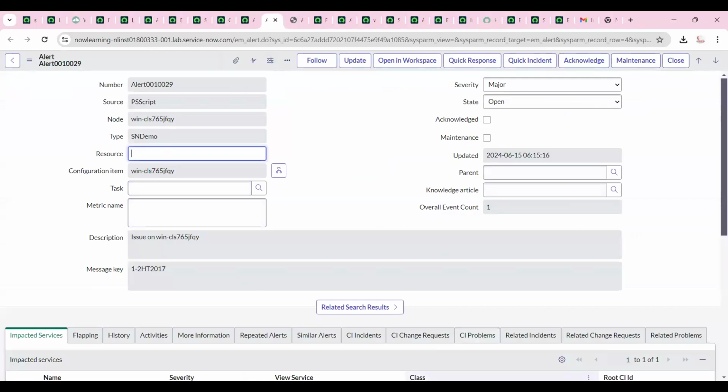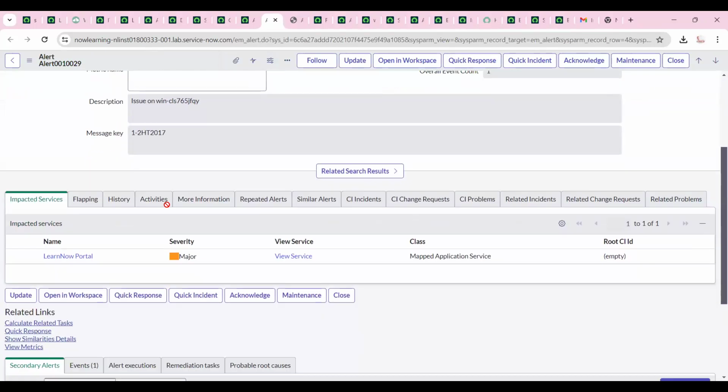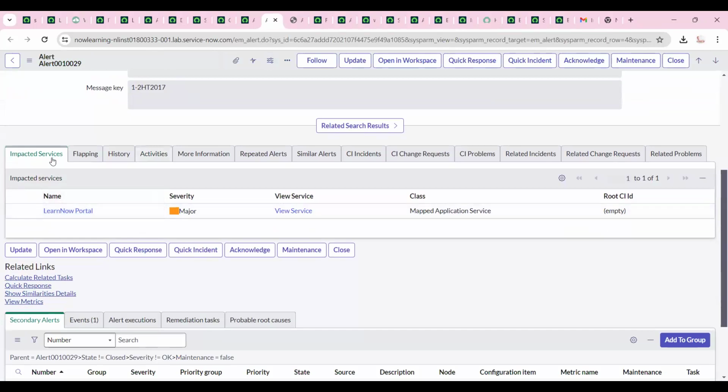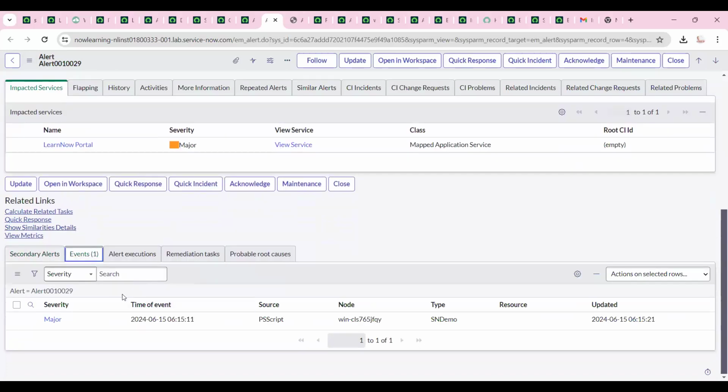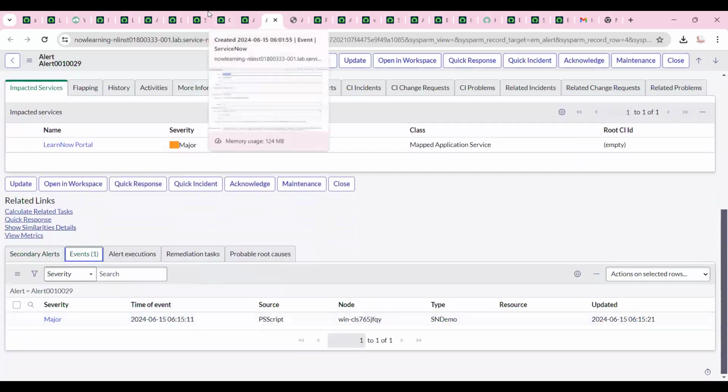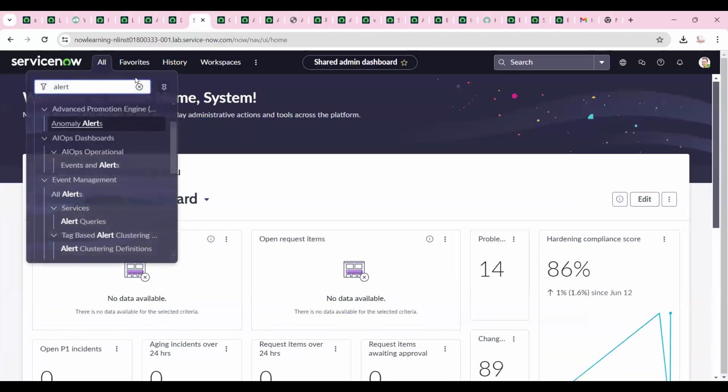Once I open this server, I could see and observe what events have been created for this one. Now I'm going to see whether an alert has been created for this event, and the impacted services were from what? Now Learn portal, the major one got impacted. Visible event for this one is this. So if I go to the service operation workspace as of now,